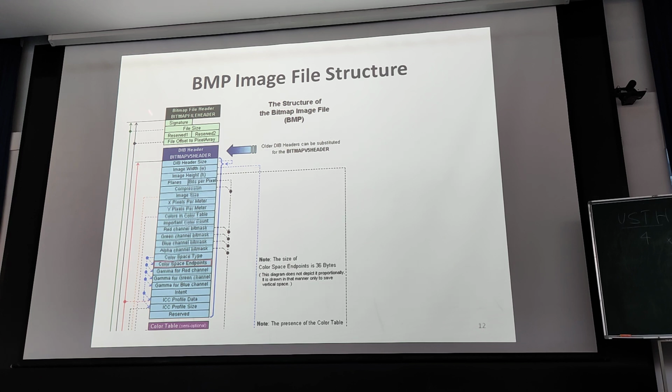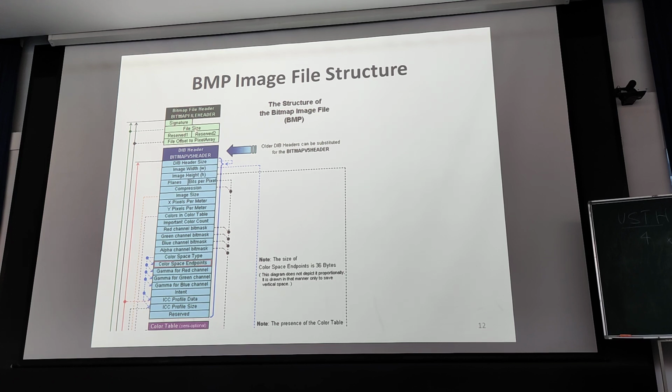The first 2 bytes are a signature. And every format, bitmap, JPEG, text, and many others for movies, video, speech, text, image, any kind of information, we usually have, not always,